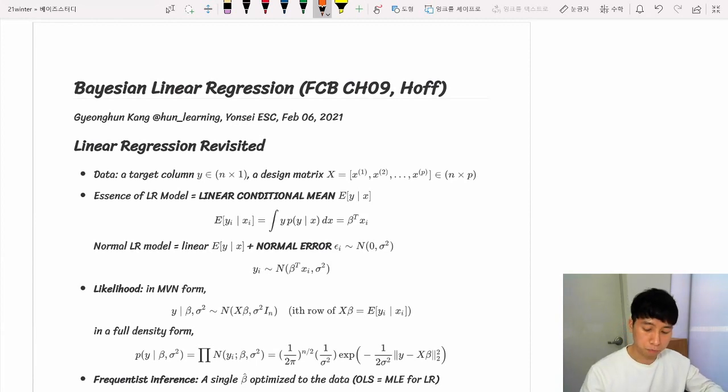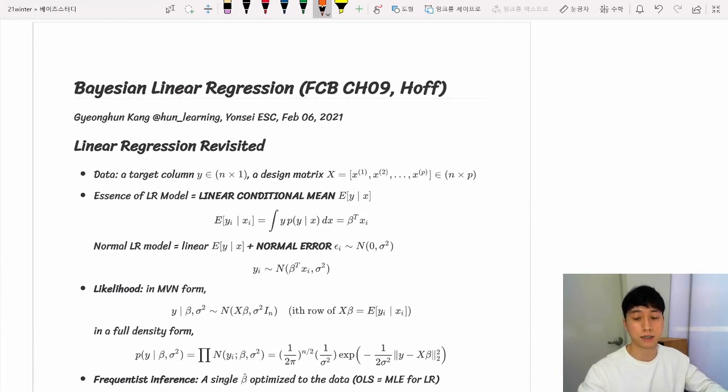There are several introductory materials on Bayesian statistics, and in my opinion, the First Course in Bayesian Statistics, which I'm going to call FCB, is by far the best one, hands down. Especially if your major is statistics and you are a bit familiar with some of the concepts like mathematical statistics, and you have done a little bit of calculus and some linear algebra, then this book FCB really delivers the essence and the core of